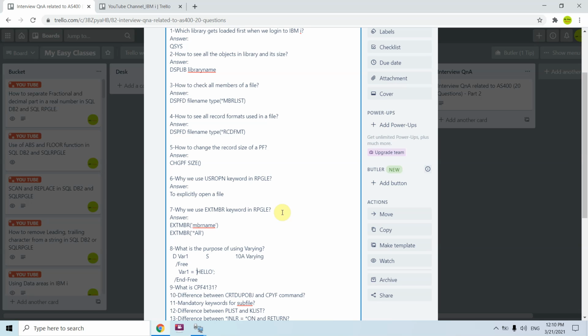So the size would be 5, and the most important thing is, the initial 2 bytes of this variable var1 would hold the size, or you can say the length of that string, that is 5. Initial 2 bytes would hold the length of the string in case of a varying string. The answer would be to dynamically allocate length.